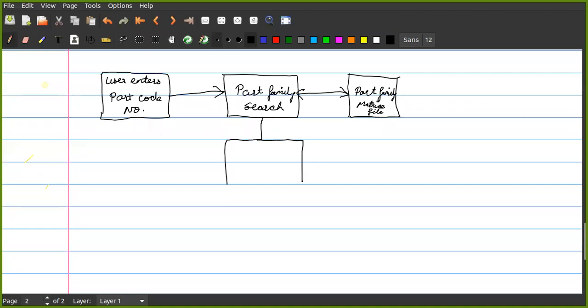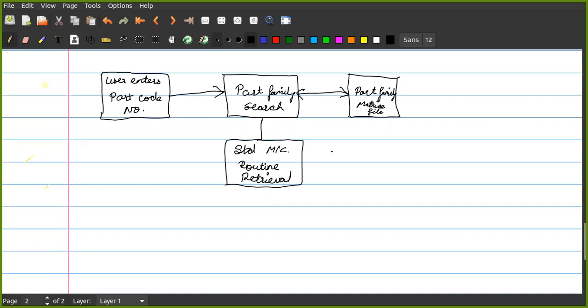As I was saying, for a particular part family there will be a standard machining routine retrieval.